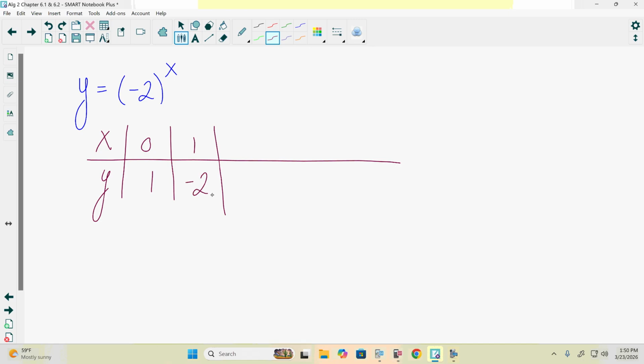We went from +2, so it jumped from one side to the other. That's fine. Add 2, it goes to 4. 3, -8. 4 is 16. Add 5,